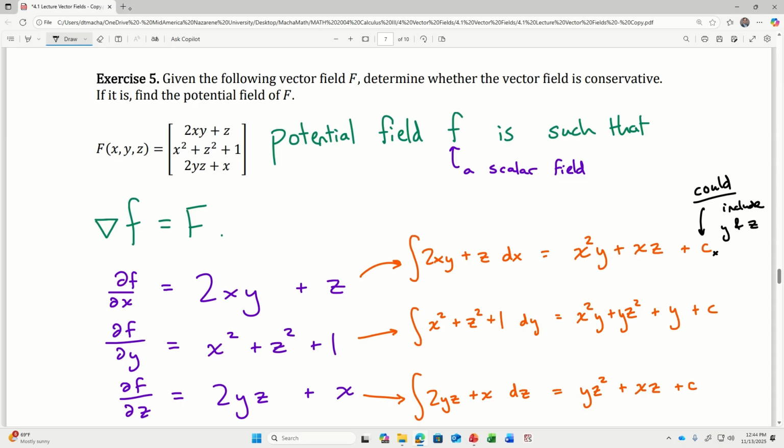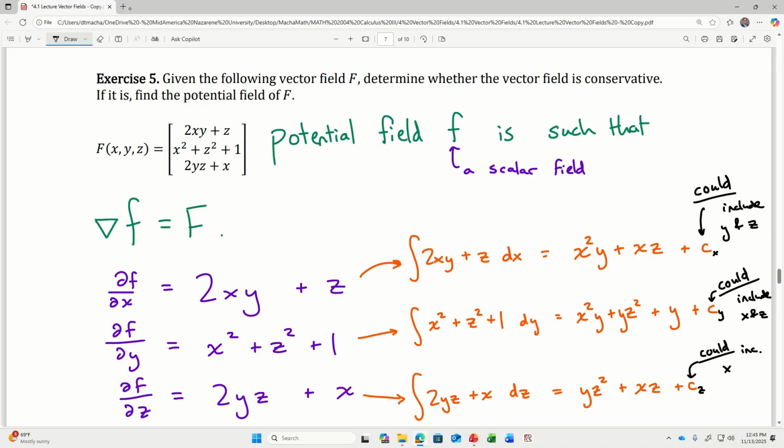And this little guy only has to be constant with respect to y, but he could include x and z. And this little guy only has to be a constant with respect to z, but it could